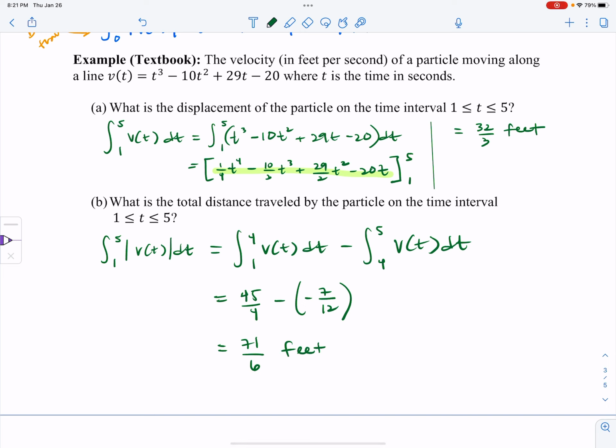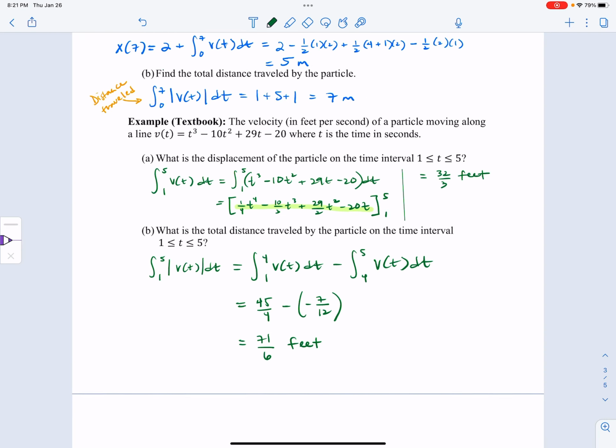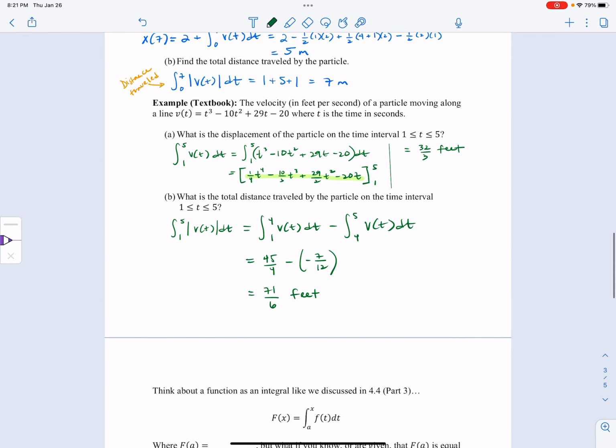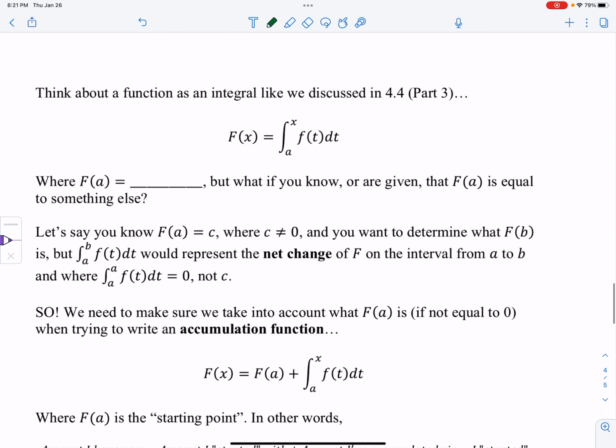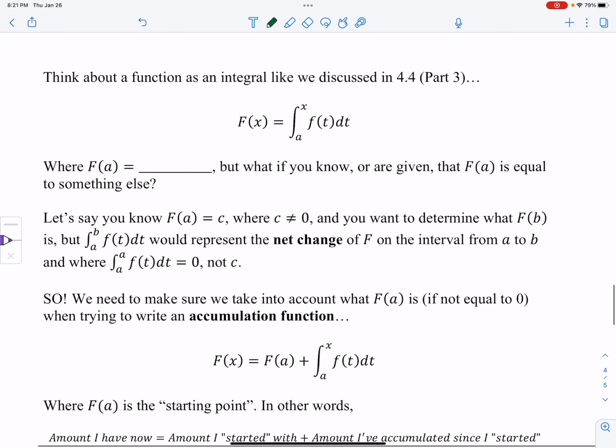Our units will be feet for distance traveled. So again, you could type in the absolute value, or you could do this all by hand. Okay. And now I'm going to